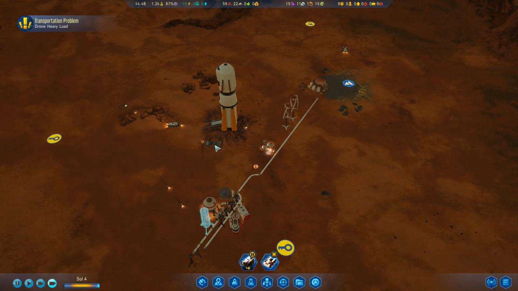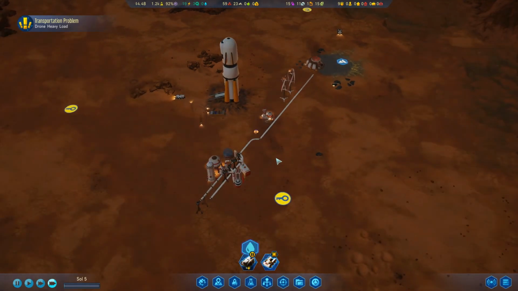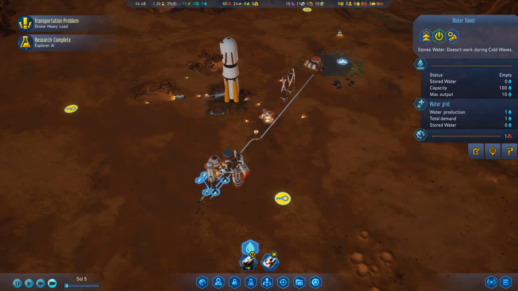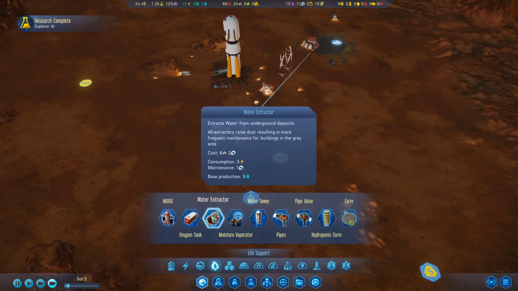Okay, so concrete. We're rolling on supplies. We're doing well. This is going to stack up here in a second because we're almost maxed out on concrete. Good. Now we're storing water. It is empty right now, but we will start to... Research complete. Oh, actually we probably won't because the demand is 1. We would have to actually generate more, obviously. Which we could. We're right here by a...